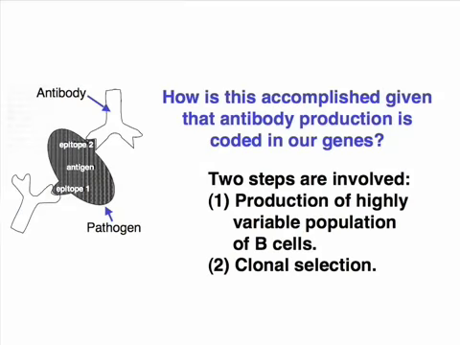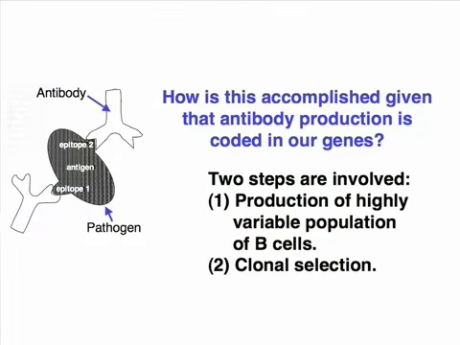This is actually a really fascinating problem and a really fascinating solution, because we are faced with thousands, hundreds of thousands, or even millions of possible pathogens, pathogens that exist now and pathogens that are going to exist in the future. The antibodies are coded in our genes. They are proteins encoded in our genes, with the sequence of amino acids that make these proteins. But we don't have genomes large enough to account for every possible pathogen.